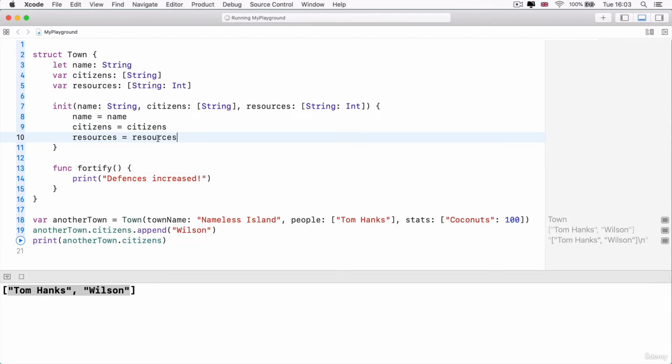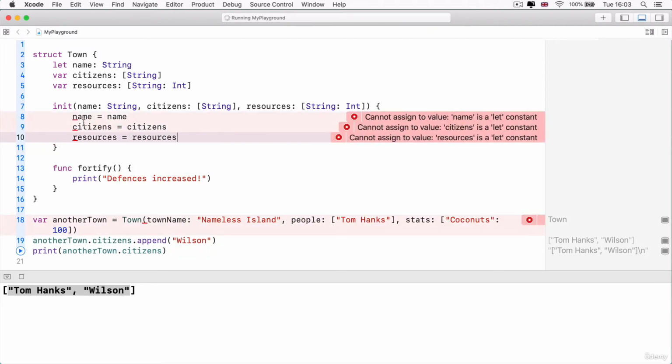Now, it kind of makes sense if you really think about it. So I'm saying that the name property of my town structure should be set to equal the name that got passed in as the input parameter. But this code is very confusing because this name matches exactly this name.